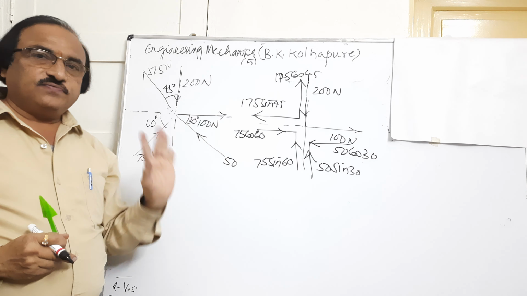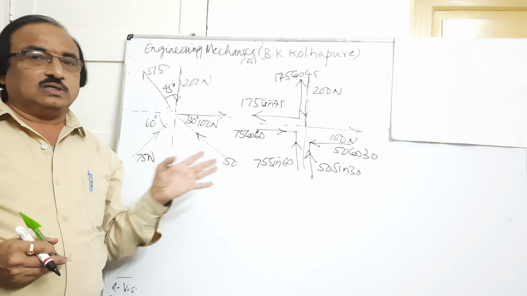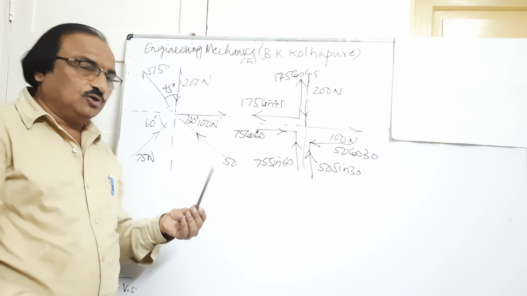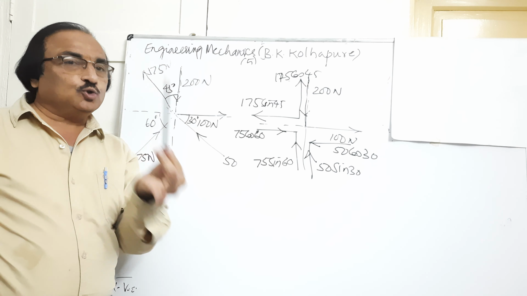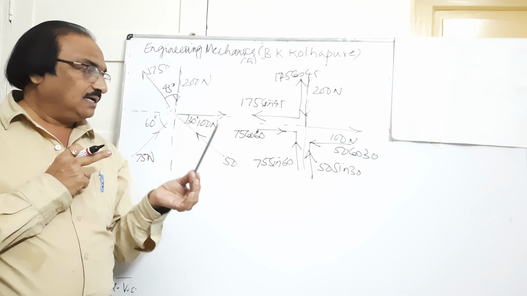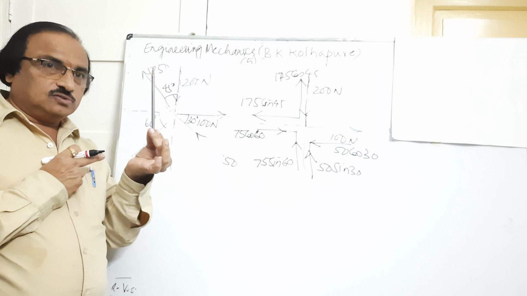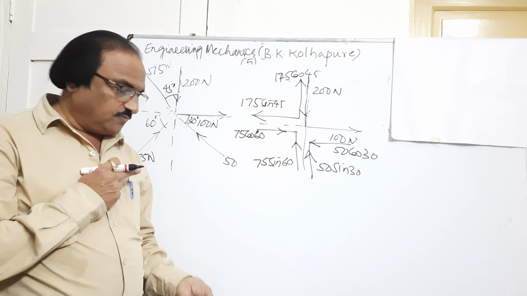If you can draw this figure, then finding sigma H, sigma V, R, theta is not at all a problem. This is important. The best tool you have to use is a pencil. Use a pencil whenever you are resolving the forces. That will correctly give you the direction of the force that is acting. As we see in this case, some are diverging, some are converging. So this will help you a lot. So henceforth you will be using a pencil to resolve the forces.